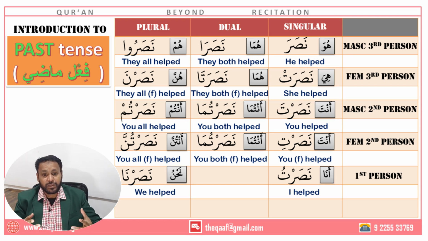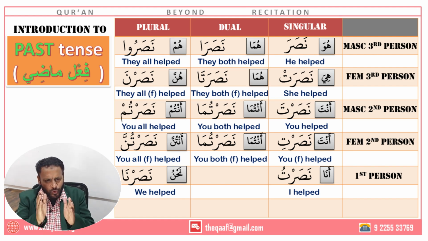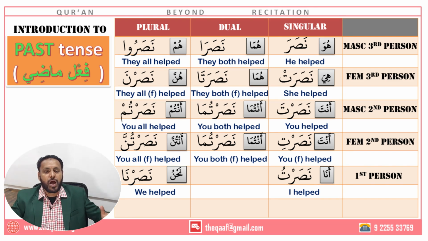And sometimes there are more than 3 letters. Even though the roots might be only 3, sometimes the words are made from extra letters. But no fear. Doesn't matter how long of a word you give me. If I know the format and the ending, I can create the table. For example, there is a big word, istaghfara, to seek forgiveness. Wow, that's a long word. Yeah, but still you can make a table if you know nasara.